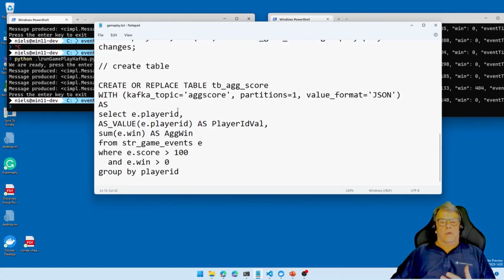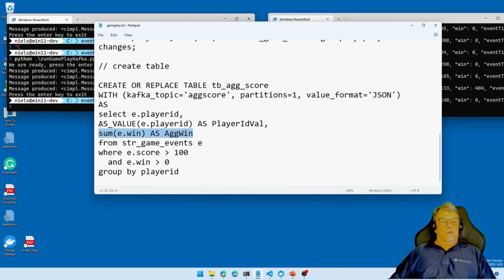That's just fine, but I want to push it to a Kafka topic, and when I read out from the topic, this key is not part of the value of the message. You will only get the value portion, which now would then be the aggregated win.